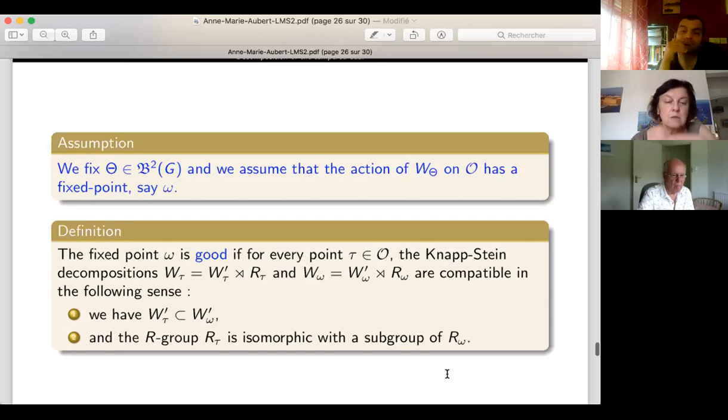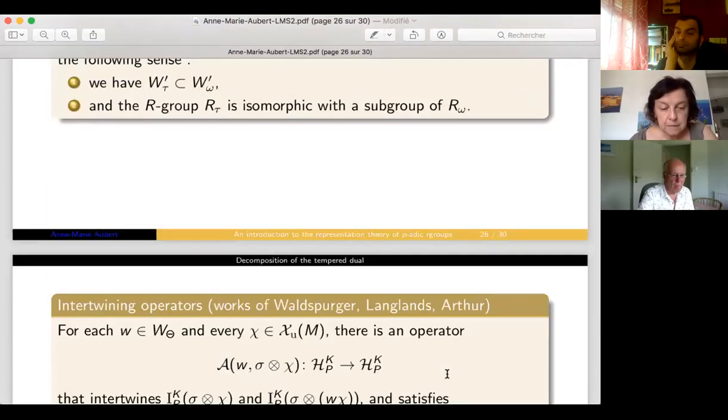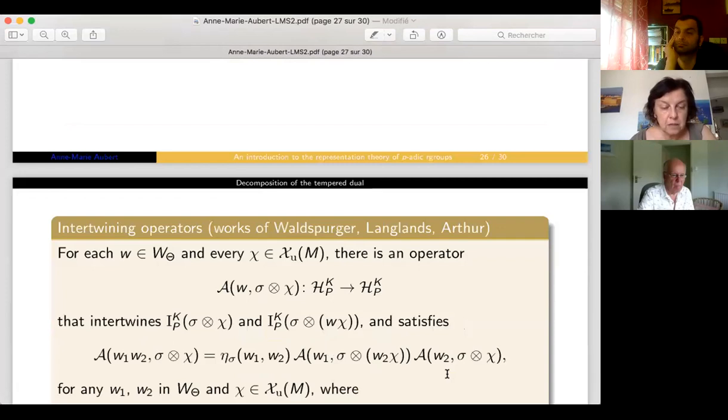So these conditions are satisfied, and it's possible to find a good fixed point in many situations, but not always. So we'll see tomorrow an example of a bad fixed point. But for today, I would like to recall some results